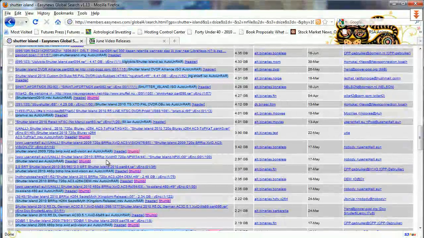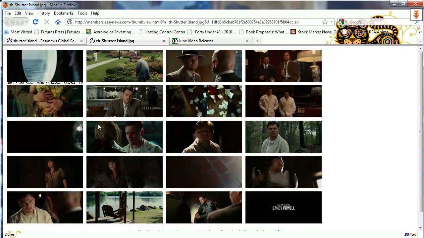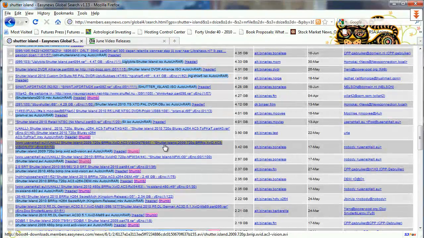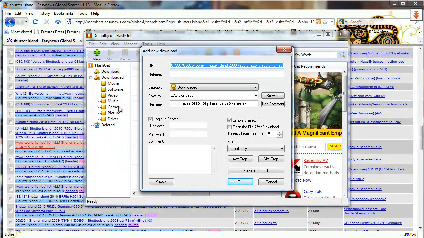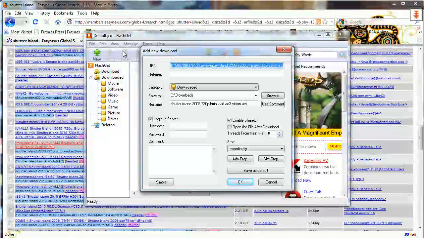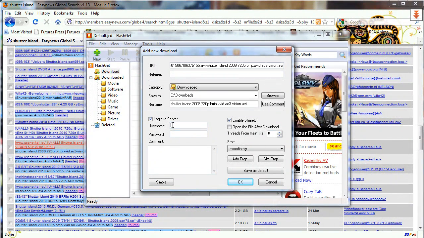And then lastly, if I wanted to download a file, let's just look at this one, Shutter Island. It's an .avi, I click the thumb, make sure that it looks pretty decent, which it does. And if we right click on this, I'll go to copy link location, and this program here is called Flash Get. You can do a search on Google and just download it. It's a free app. It'll automatically fill in the link. If you type in your username and your password,